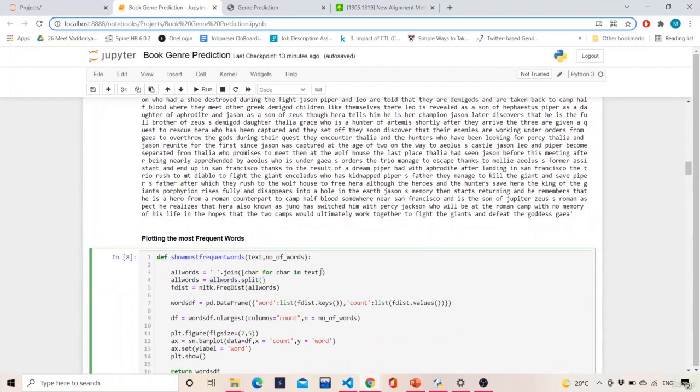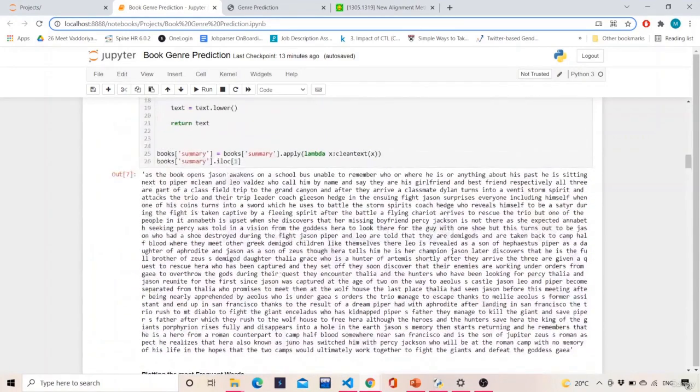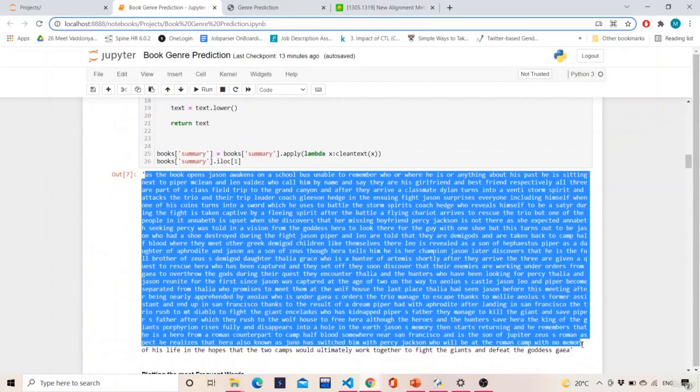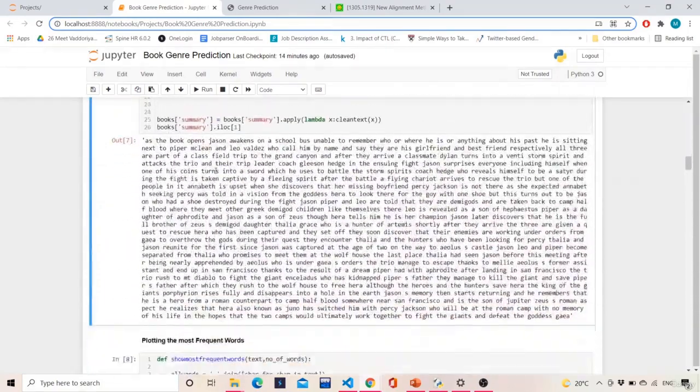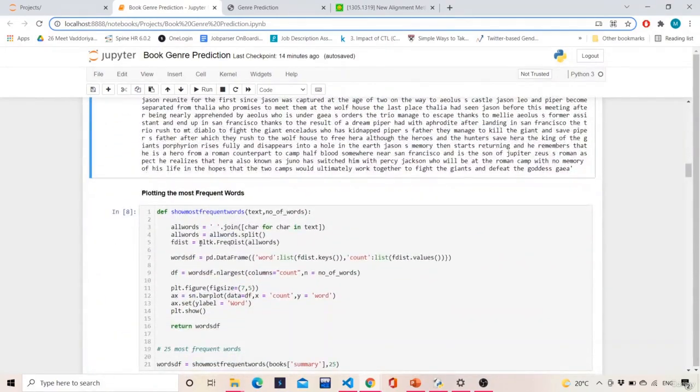Then this all_words.split will become a list of words. That means if this is the text and we split it, this will become a list of words like as, comma, the, comma, book, comma, opens. It will become a list of words. On that list of words, we are applying a